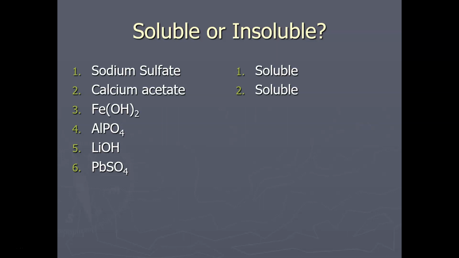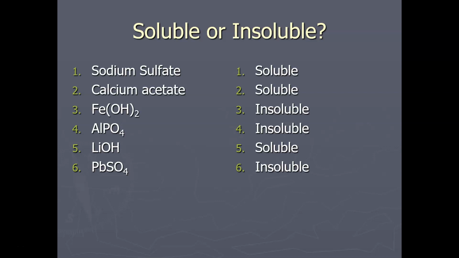All right. Iron 2 hydroxide is insoluble because you should have said no to all of the rules. Aluminum phosphate is also going to be insoluble because you should have said no to all of the rules. Meanwhile, lithium hydroxide you should have gotten as soluble because you would have said yes to rule number 1, alkali metal ions. And then lead 2 sulfate you should have gotten as insoluble because while you would have been tempted